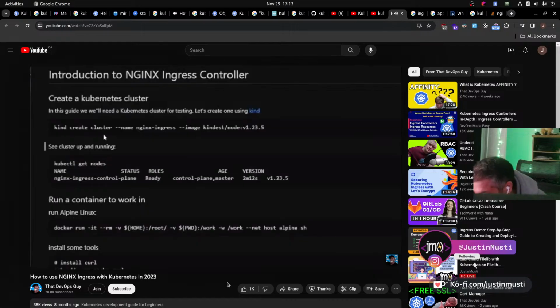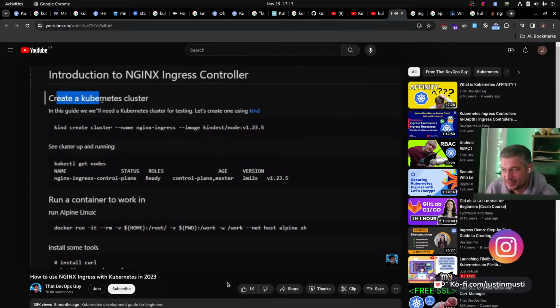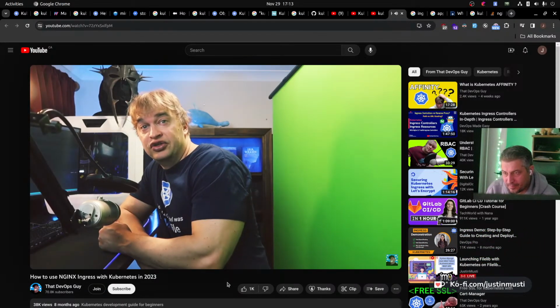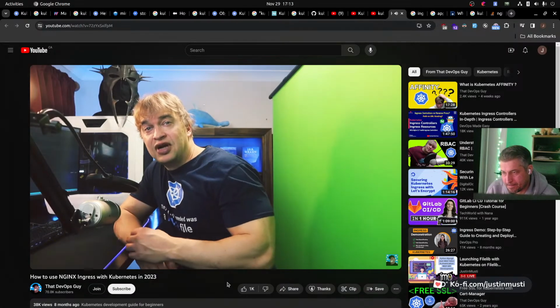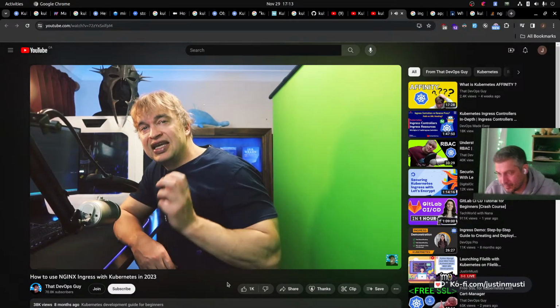Now, the first step in our guide is to create a Kubernetes cluster. Now for this, I'd like to use a utility called Kind, which helps us run lightweight Kubernetes clusters in Docker